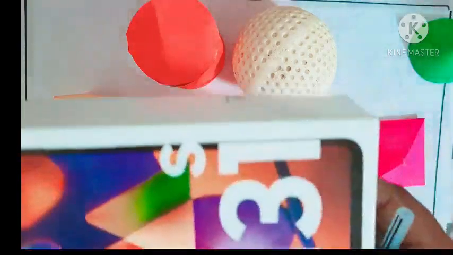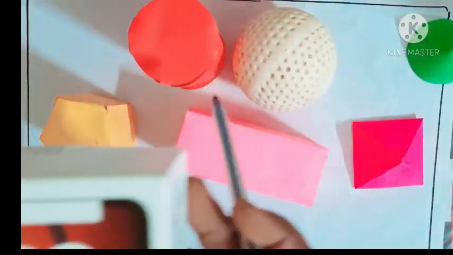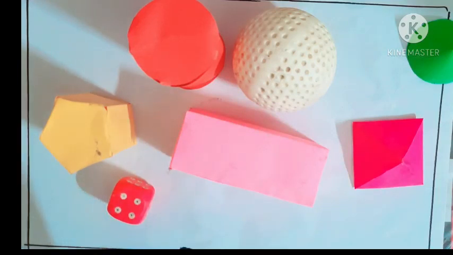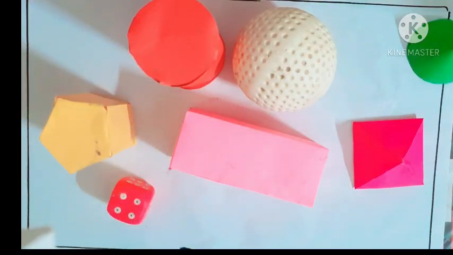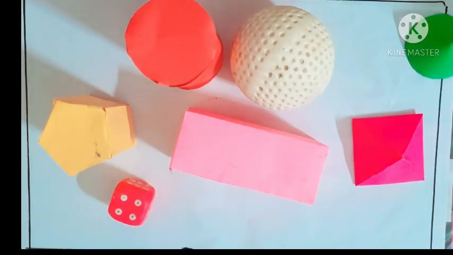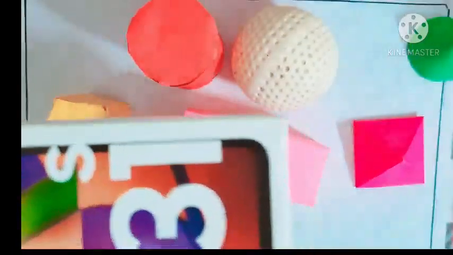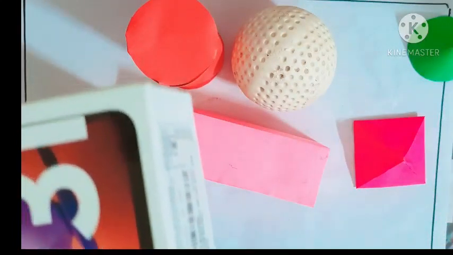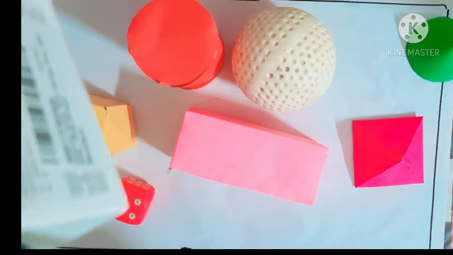Imagine this is a cuboid. The face of the cuboid is what? A rectangle, isn't it? So you have faces, edges and corners. With this we can say this figure is a three-dimensional shape. Three edges meet at a point to form a vertex. So this is called a vertex. This edge and this edge together form a point called a vertex.